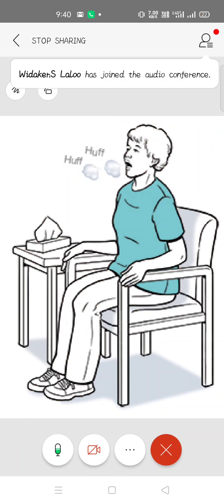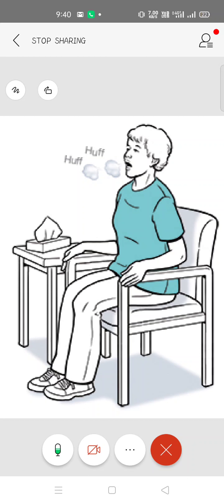The person is trying to let the air out through his mouth, and this way you do the huffing. See, if you make your mouth small, or if you make your lips in a pursed way, that is the pursed lip breathing. That is when your lips are closer to each other, your upper lip and the lower lip, and then you try to breathe out through your mouth, that is the pursed lip.